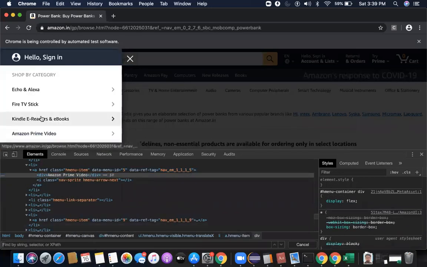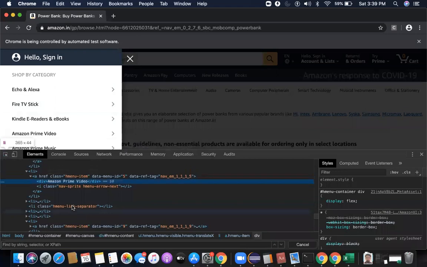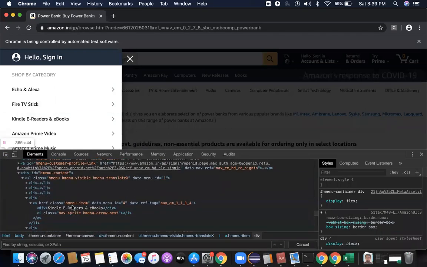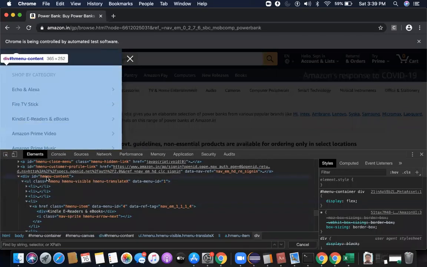Let me remove it. Since this is a hover or a pop-up which has come after I click on the hamburger menu, I will click on this. Then I will go a little bit to the top and ask what the parent of all these elements is. First of all, I need to find the parent, because the text can be common across all the pages.